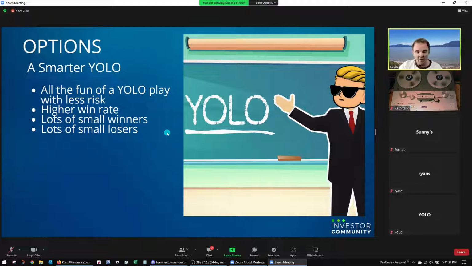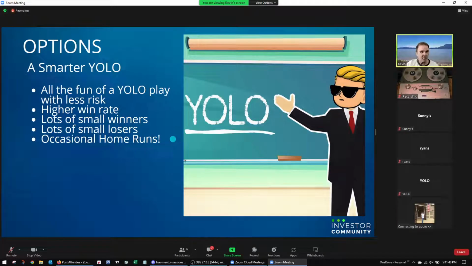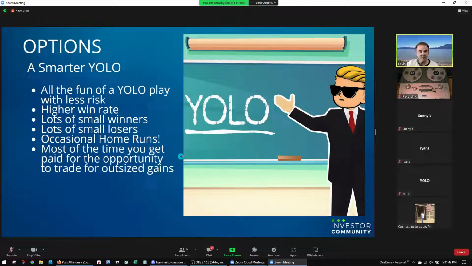And we have occasional home runs. Most of the time you get paid for the opportunity to trade for outsized gains. Like I mentioned, this strategy will pay you a little bit to sort of take this ride.